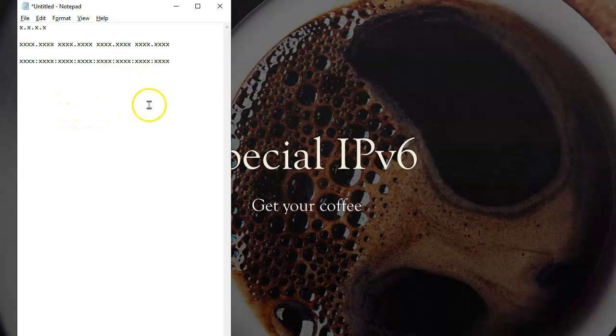Now, keep in mind, I just want to show you the extent of this, and we'll get into this when we look at link local addressing and some different kinds.